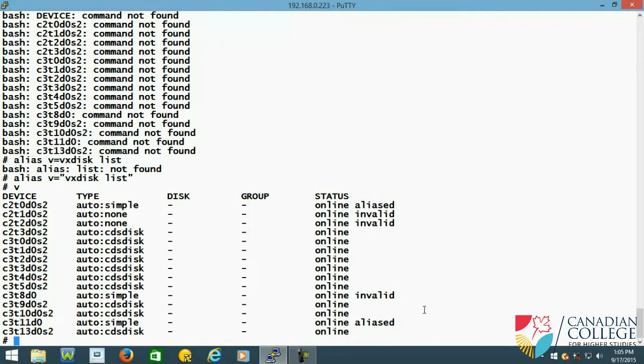Okay. So I created alias. I want to make this permanent, because I'll be typing this command very often, right? I can't always type the whole command. So I will say clear, right? So let me VI